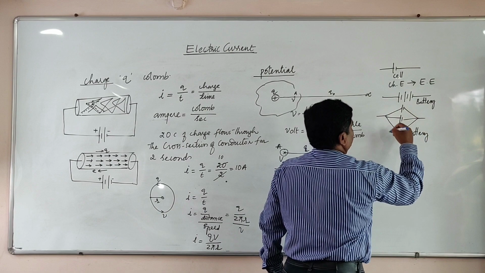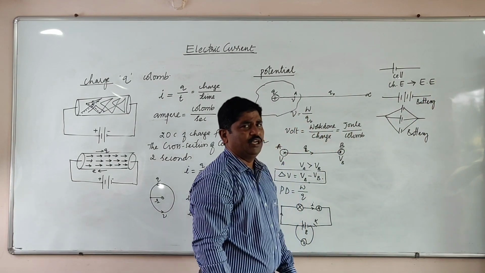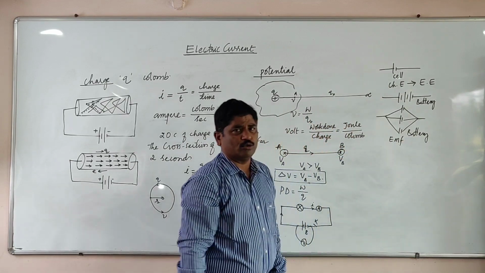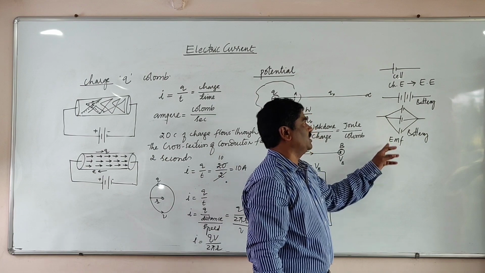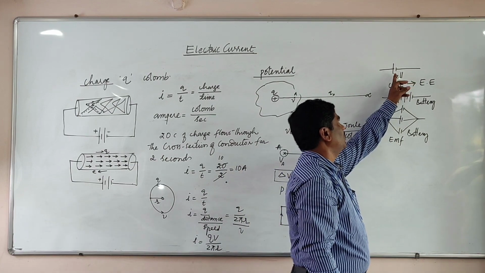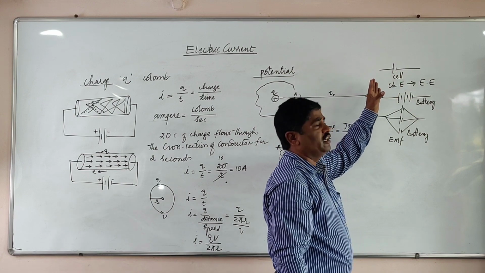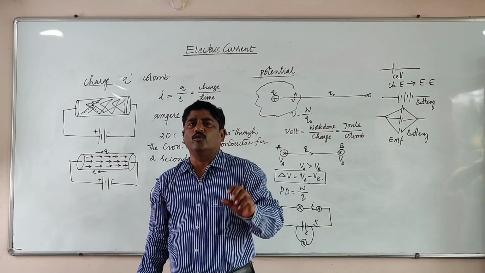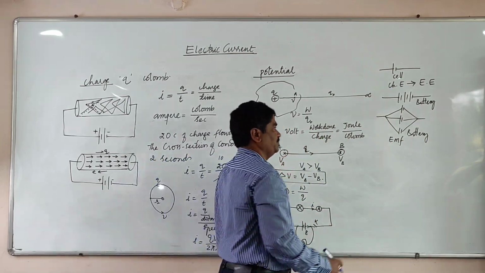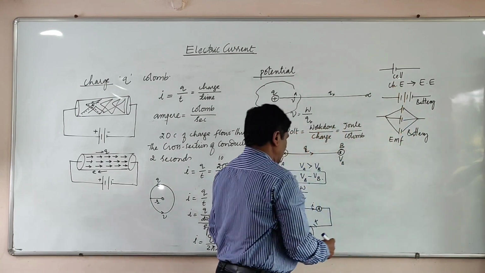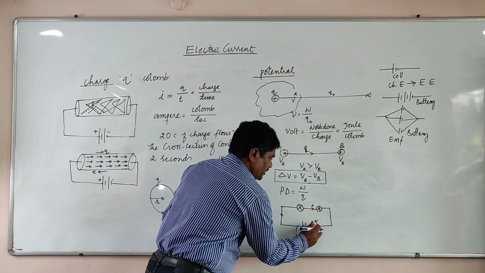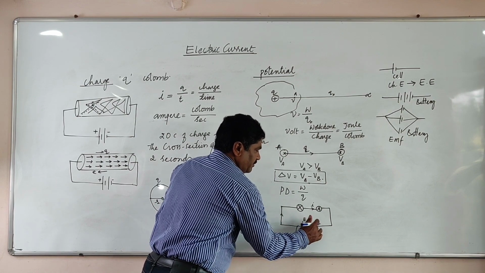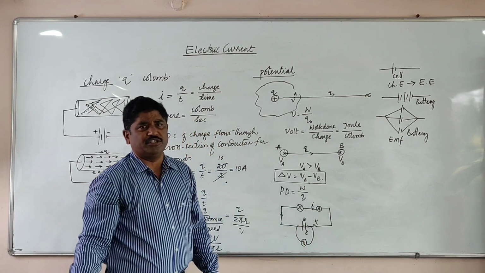But in this case the energy is very low, however many cells are joined, with respect to their EMF, electromotive force. The electromotive force is nothing but the energy within the cell that drives the electrons into the circuit. Accidentally this term is referred to as a force, but it is energy. When the key is open, this is only EMF, but if the key is closed, this becomes a potential difference.